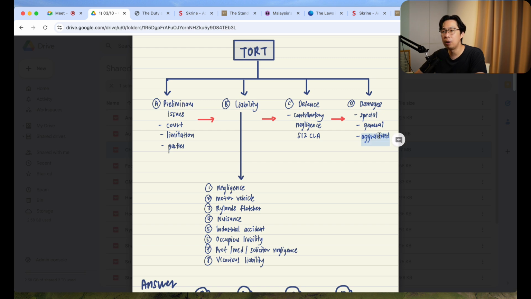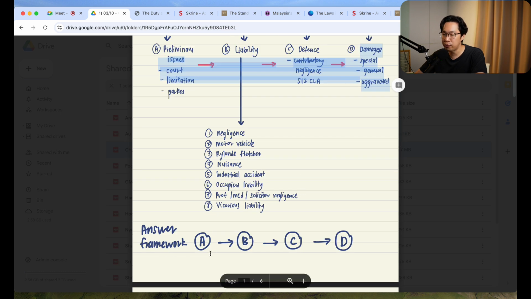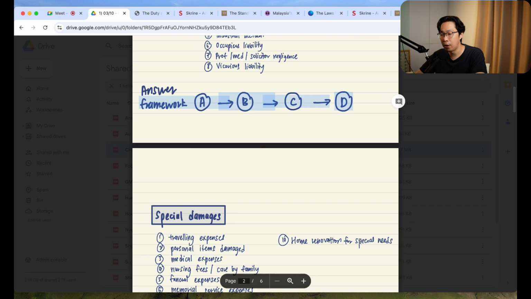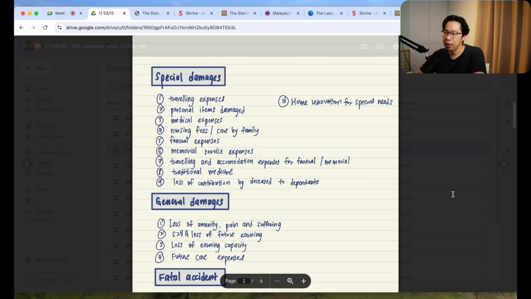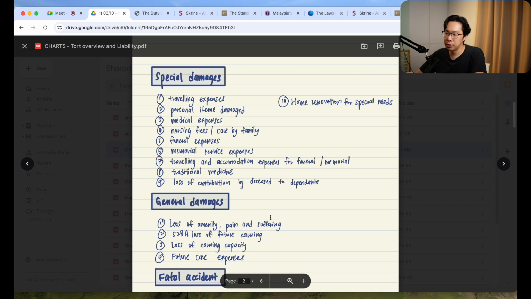And then we have something called aggravated damages. We look at it next week. So these are the things. Your answer is always from this flow, this area, go down this area. Now, just to give you a little bit of an idea, in your exam questions, your negligence can be a